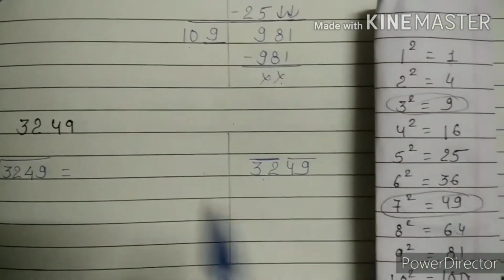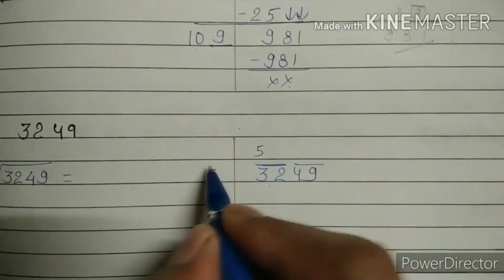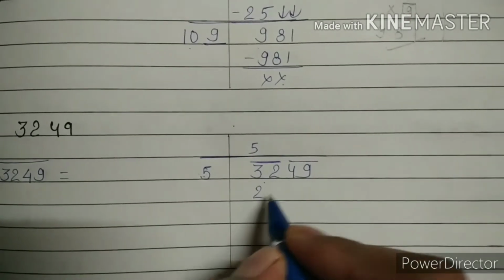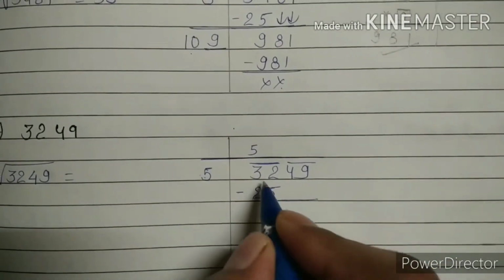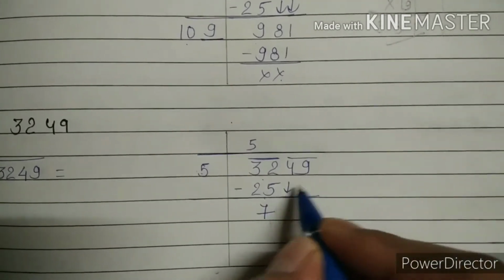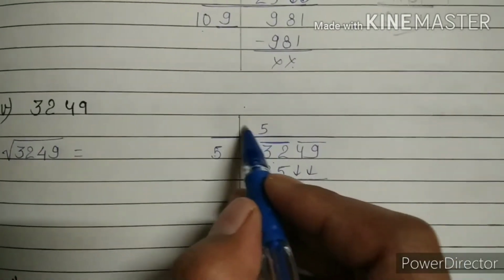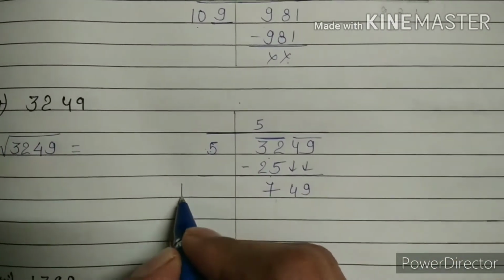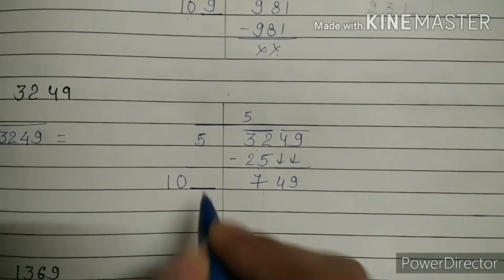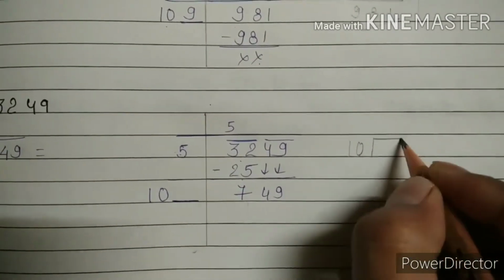So what do we put here? We will put 5 here, and 5 into 5 is 25. 32 minus 25 is 7. Now we will copy the next pair, that is 49. Now 5 double will come here, that is 10. Now we want a number here such that